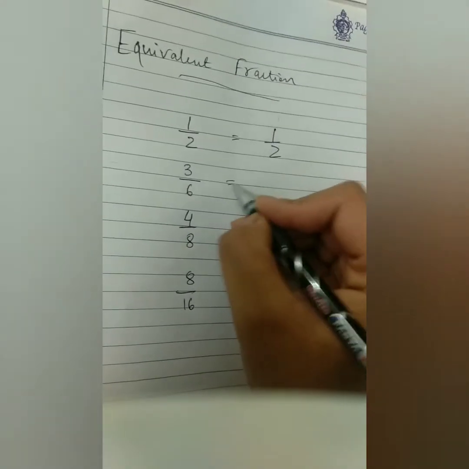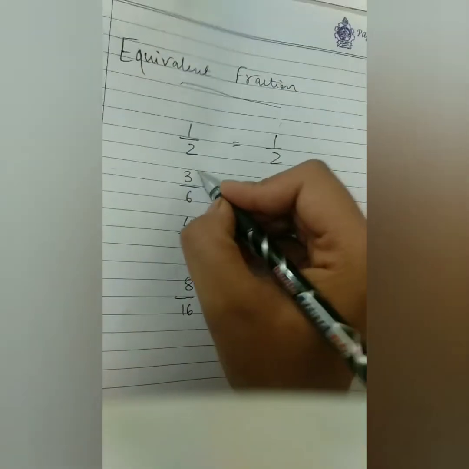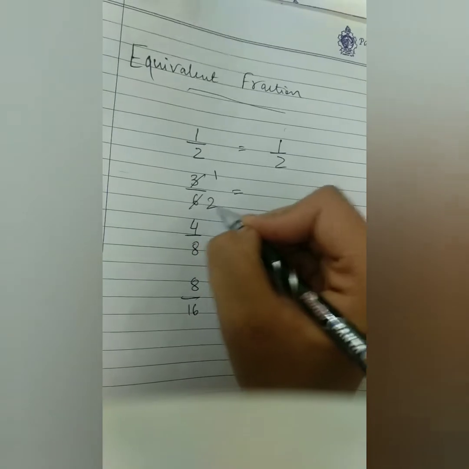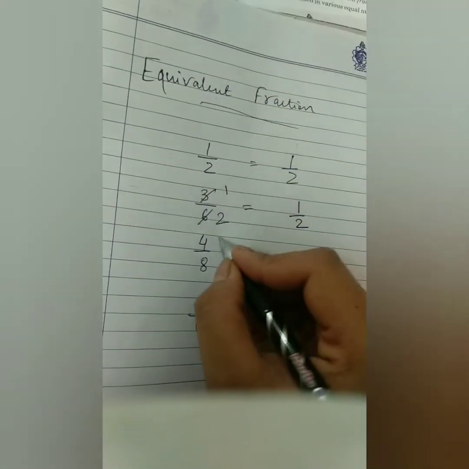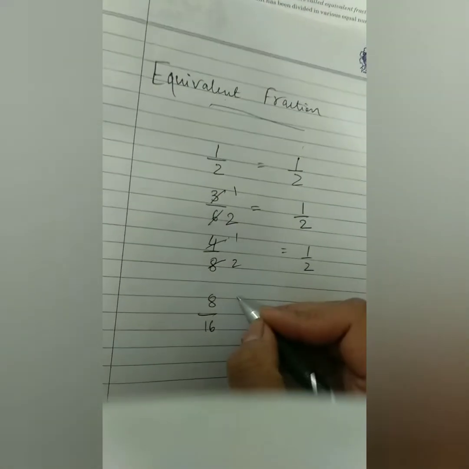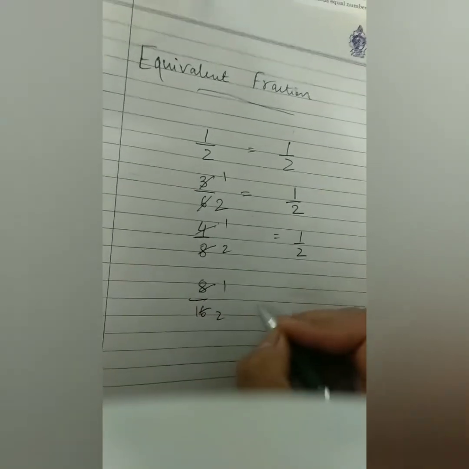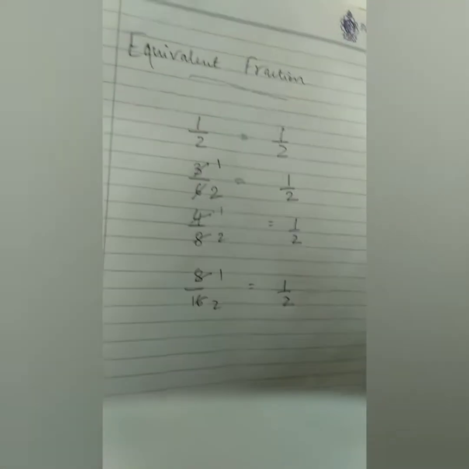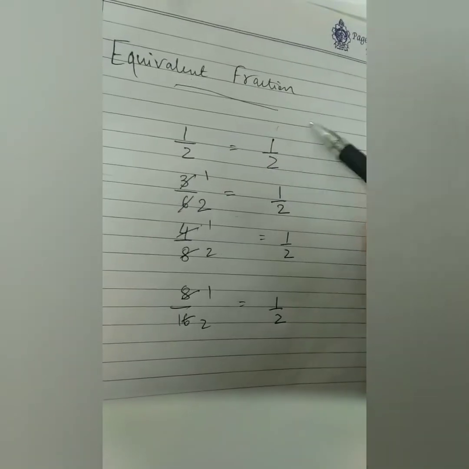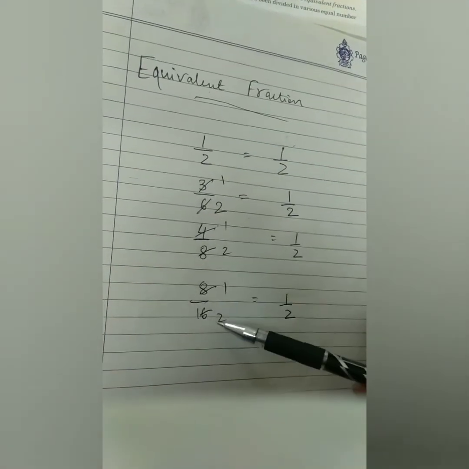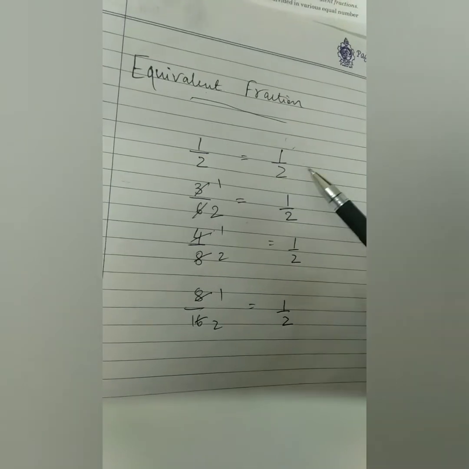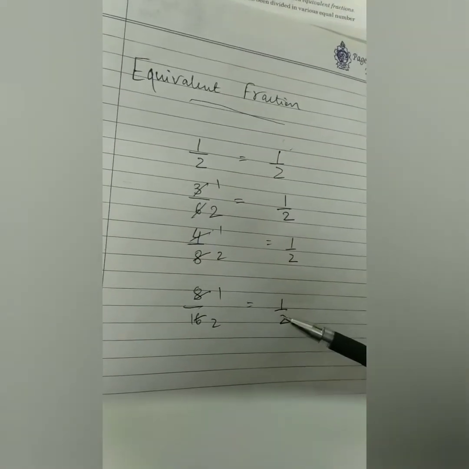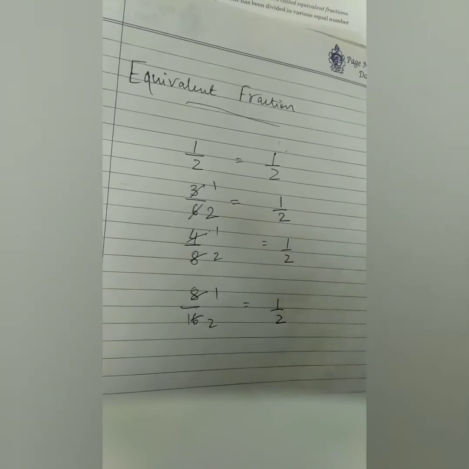Let's see this one. This is 3/6. You can cancel it off. 3 1s are 3 and 3 2s are 6. Same goes here. Again you can cancel this. This will give you 1/2. Same goes with this. It will also give you 1/2. So you can see, when we cut all these rational numbers short into simplest form, what do we get? We get the common fraction as 1/2.